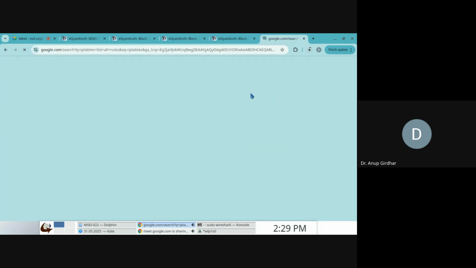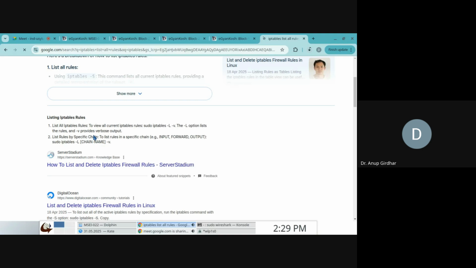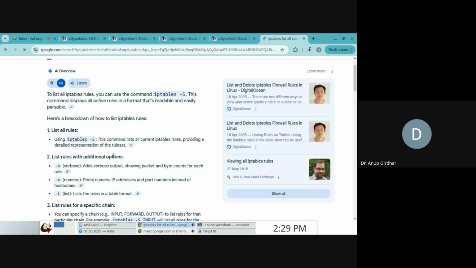And all the rules and how you can mention these rules. So just take a look at the concept of iptables, and in detail you will find all the information, right? So how to write the chains, meaning input, forwarding, and output chains, right? So in Linux, it is highly recommended to use iptables, or